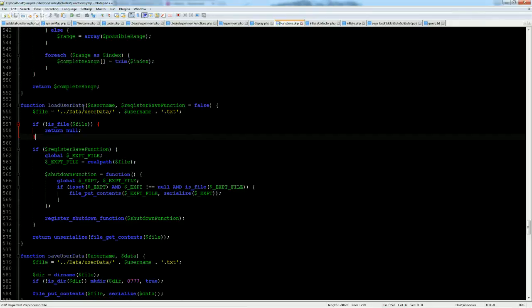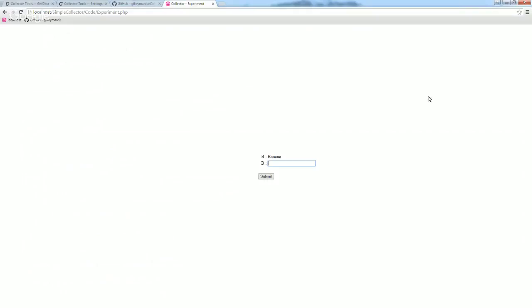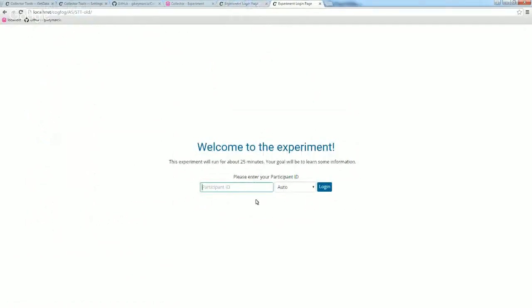So, the other benefit, which would be really helpful for running in lab, not so much for mturk, is that if we write session locally to each collector branch, then it would be possible to do something like: okay, here's my first experiment, and here's my second experiment, which is a different URL, and you can just chain up like 6 of these, and then type in their participant number, and when you're done with one, click log in. You can't do that right now, I think,